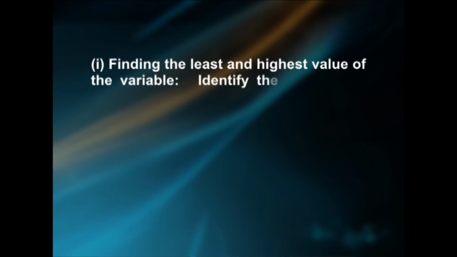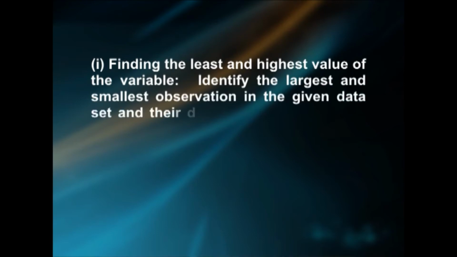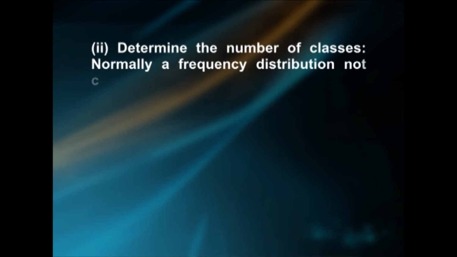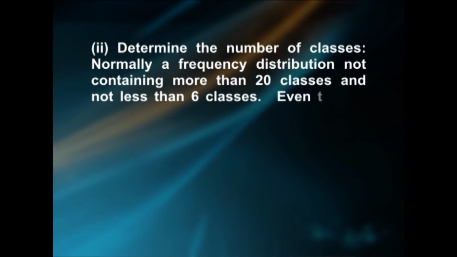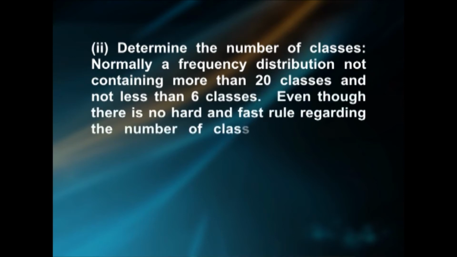Various steps involved in constructing a frequency distribution table are as follows. 1. Finding the least and highest value of the variable. Identify the largest and smallest observation in the given data set, and their difference, called the range, is to be found. 2. Determine the number of classes. Normally, a frequency distribution contains not more than 20 classes and not less than 6 classes. Even though there is no hard and fast rule regarding the number of classes,